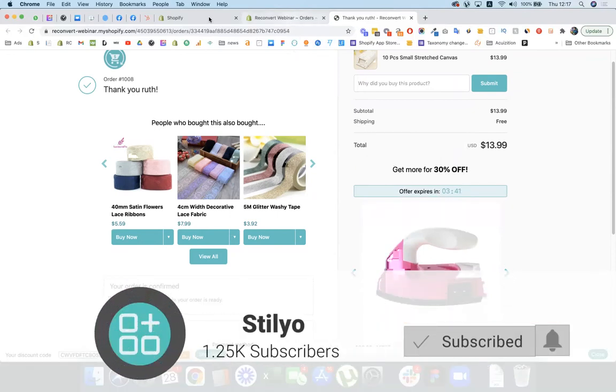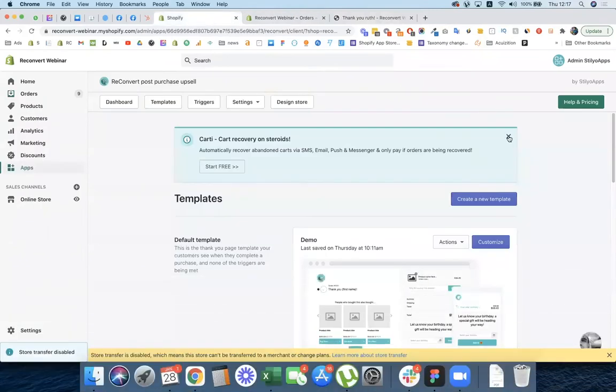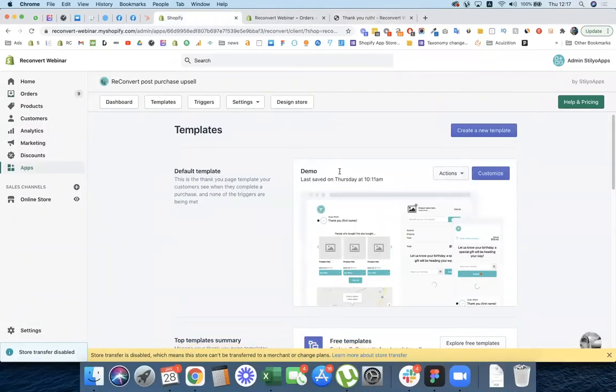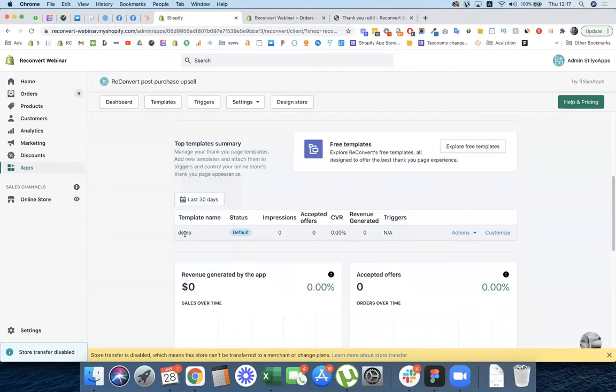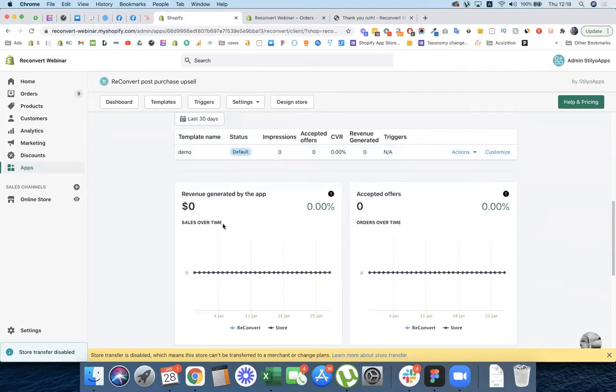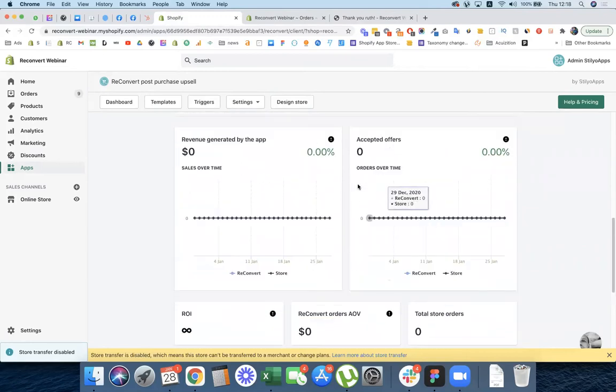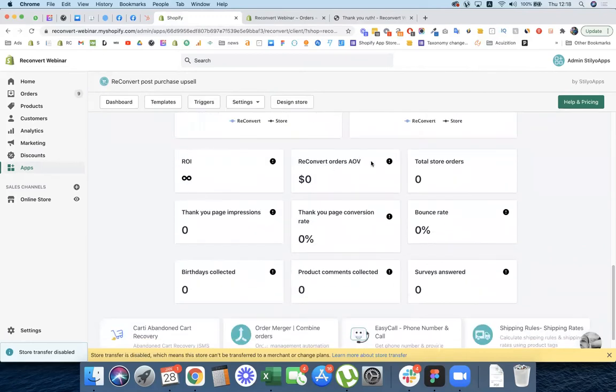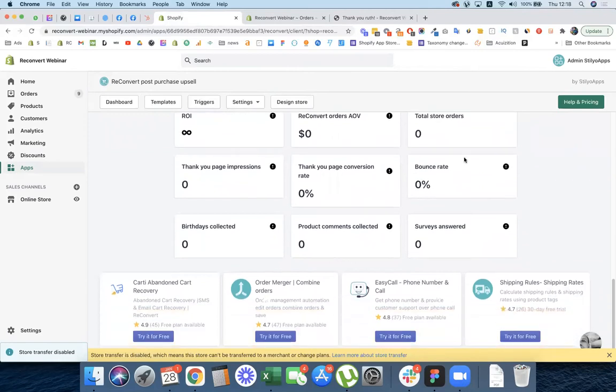And wait a second, this is the dashboard. Let's ignore this for now. Okay, and you can see your active template right here. You're going to be able to see if you create multiple templates, which I'll go over in a second. You're going to see all the details in here, and you're going to start seeing some analytics: revenue generated, accepted offers, ROI, ReConvert orders, average order value, total store orders, thank you page impressions, which is also